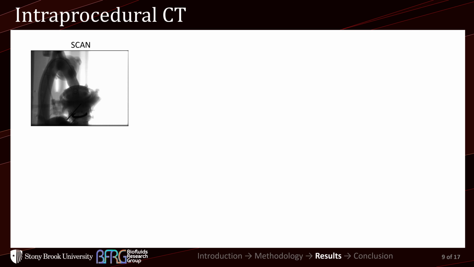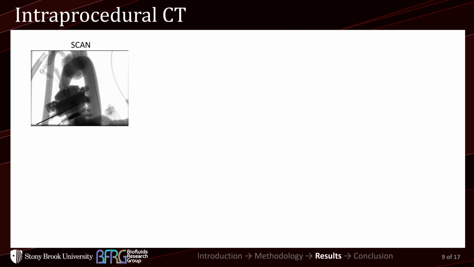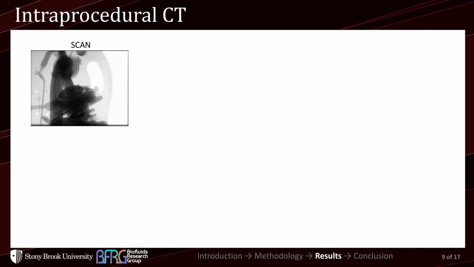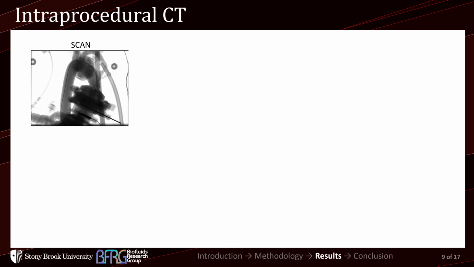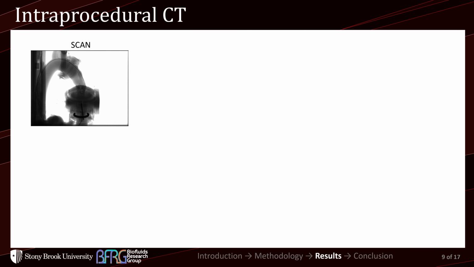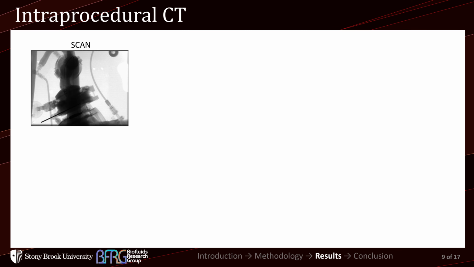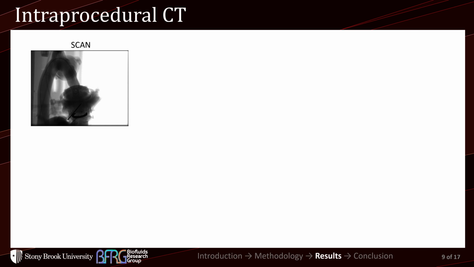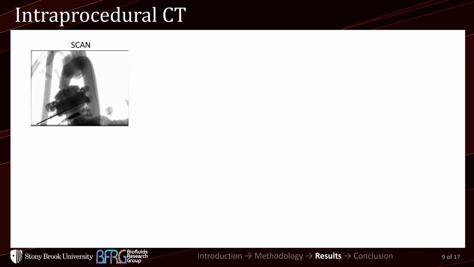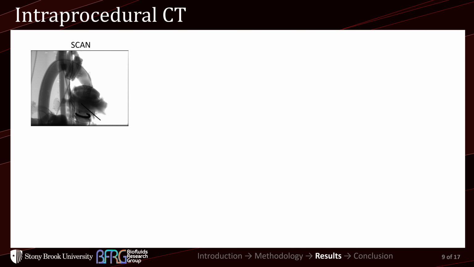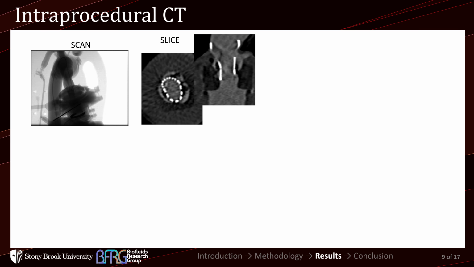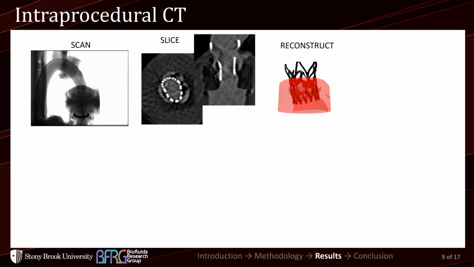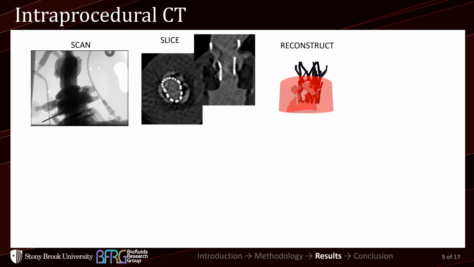So the replicator was rapid paced to 180 BPM, and the blood pressure was dropped down to 20/10 millimeters of mercury and allowed to just pace back and forth for approximately 10 seconds. A 5-second spin, you could see here, takes one scan, and then contrast is injected and you could take another scan. So if we look at the initial scan, we can actually determine and reconstruct the stent geometry